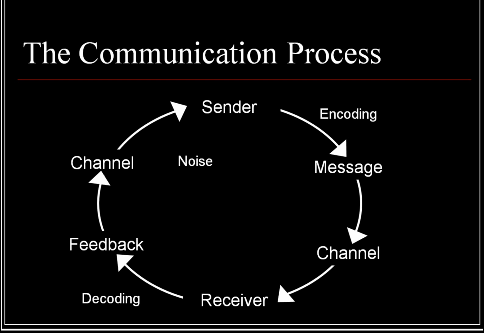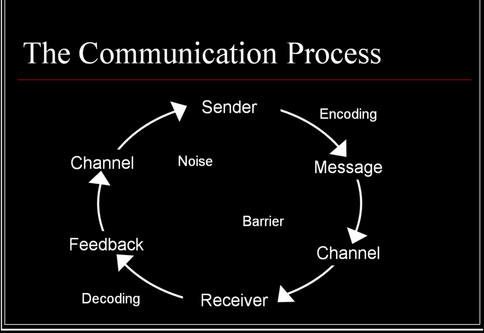In addition, you have noise. So there are factors that take place out in the environment totally separate from the communication process, which may affect the ability for the message to be received. For example, maybe the television is on while someone is trying to talk to you on the phone. This is an example of noise. Or maybe you're trying to have a conversation with someone, but they're on their phone texting. And so they're dedicating some cognitive processing towards your communication, but they've also got cognitive processing going towards their cell phone, looking at their Facebook or Instagram or whatever they're doing on their cell phone. These are things that take away from and distort the communication process.